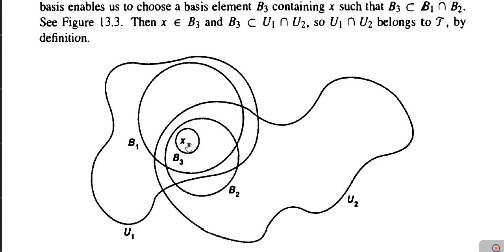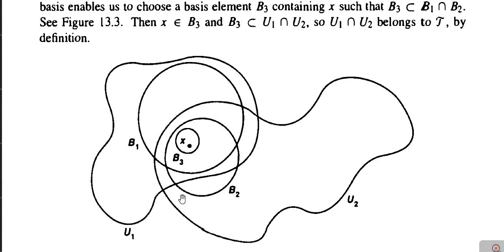Next one. Now, by the definition of basis, as script B is a basis for the topology on X, there exists an element B1 which contains X and is contained in U1, and that B1 is shown by this circle here. Similarly there exists a basis element B2 which contains X and is contained in U2, and that basis element B2 is shown by another circle.